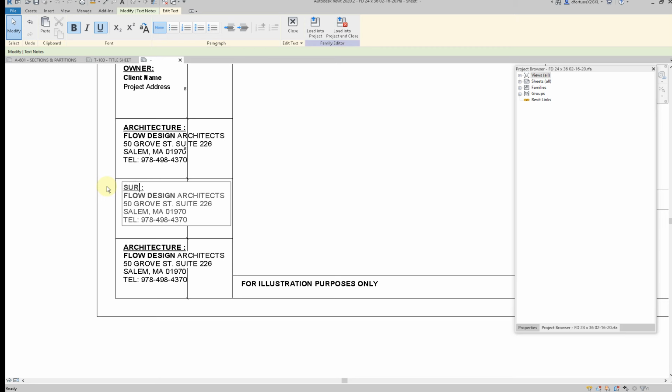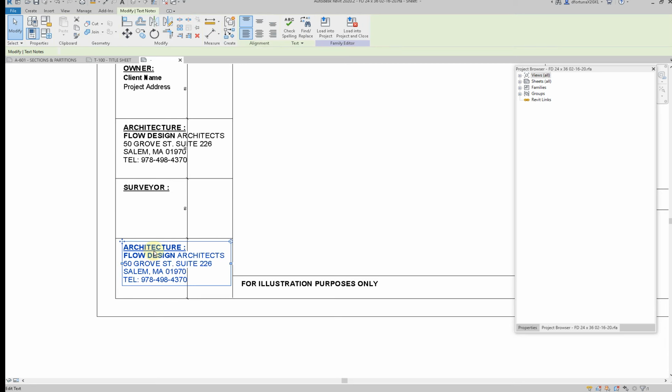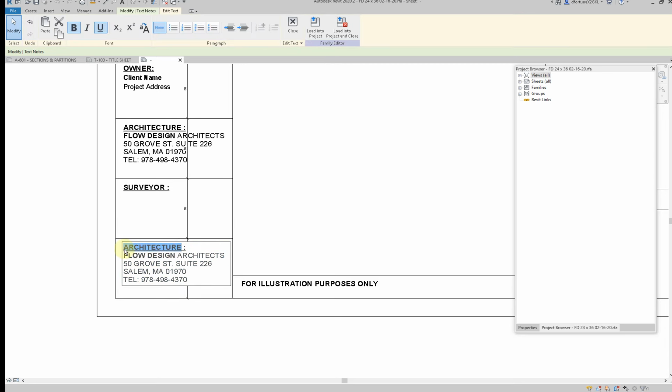So it's all capital, surveyor. And we're not gonna put their name just yet, but later. And then contractor. And then we're gonna put the contractor's name. So actually it's called general contractor. General contractor. And the general contractor is going to be